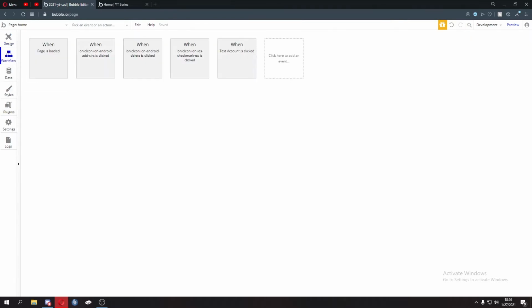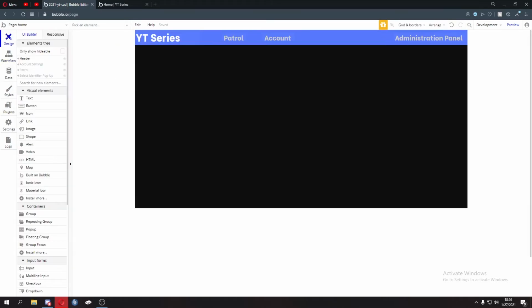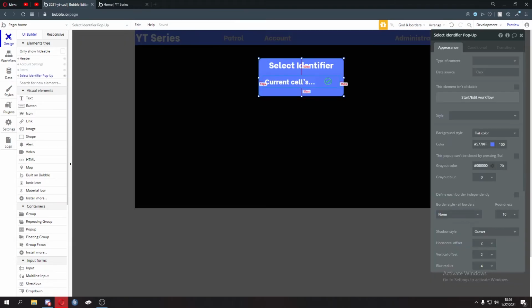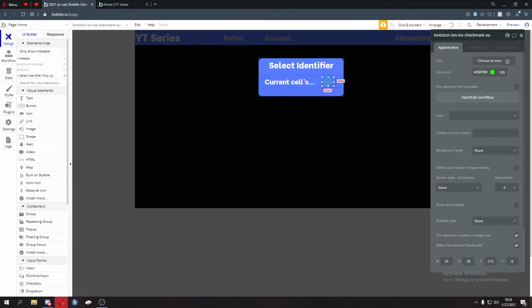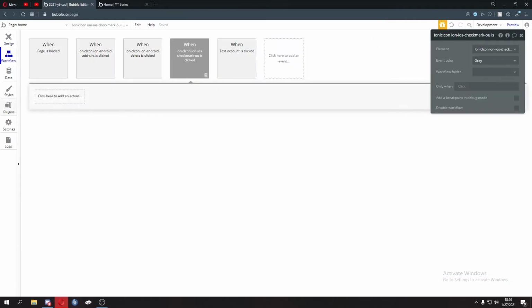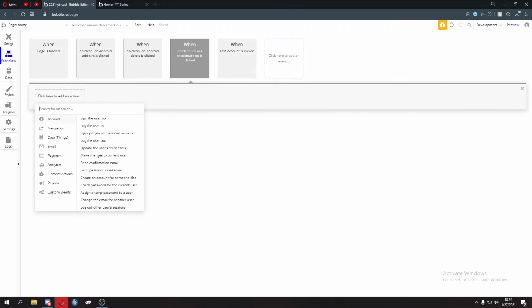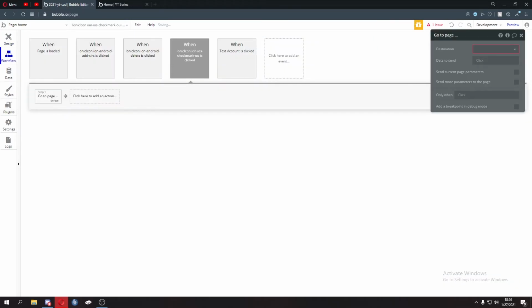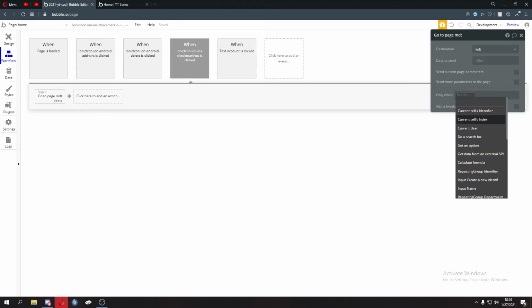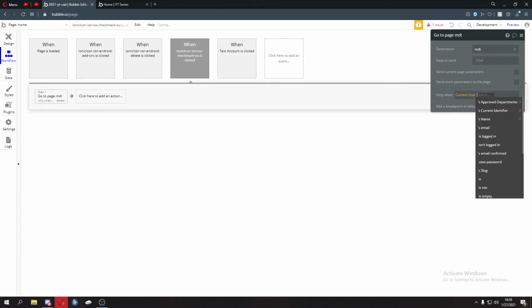Go to workflow. Go to design. Go to select identifier pop-up. Go to this check mark. You want to do start/edit workflow. Click there to add an action. You want to do navigation, go to page MDT, only when. You want to press click. You want to do current user's selected department. And you won't have this. All it'll show is it'll just show in a text, like if you were just typing it normally,